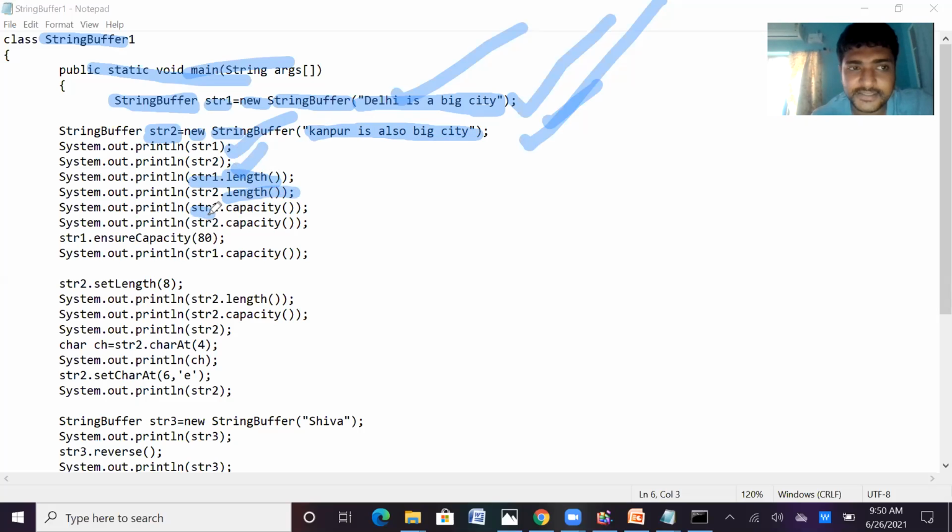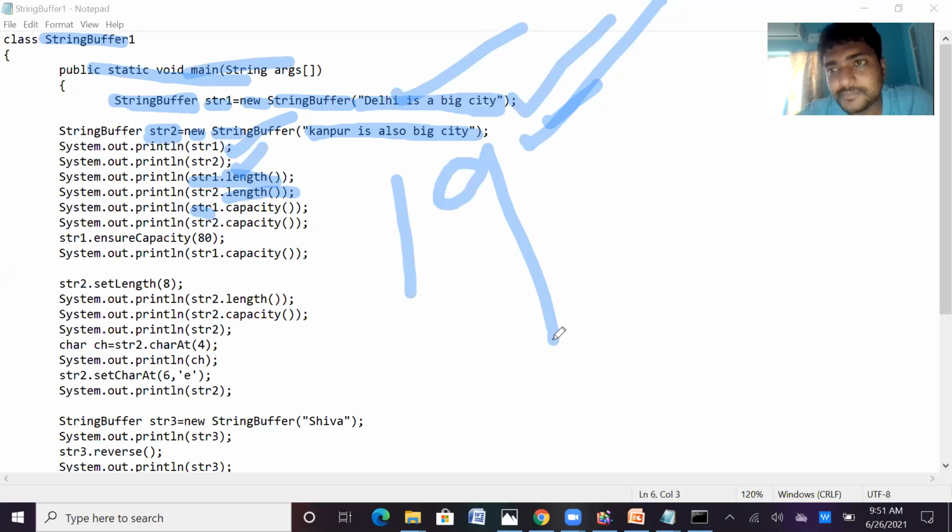And then the StringBuffer class has another method, that is capacity. Capacity means how much memory can be allocated for this. Suppose "Delhi is a big city". Its length is 19.